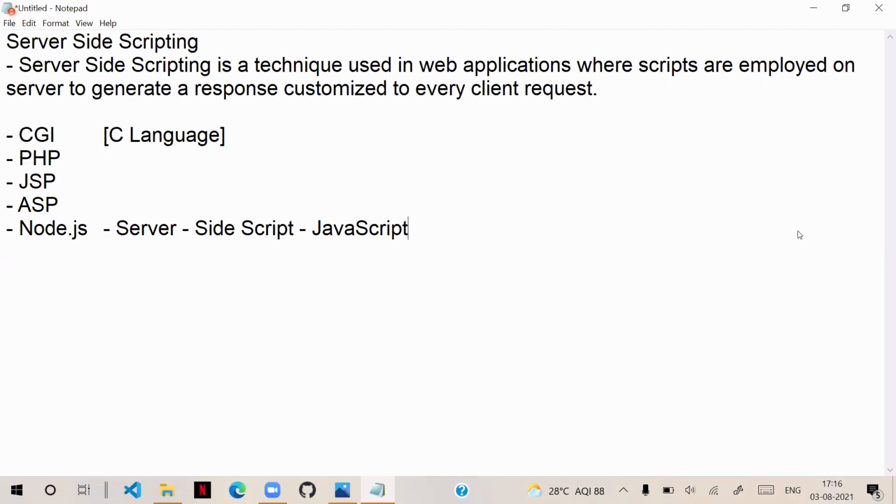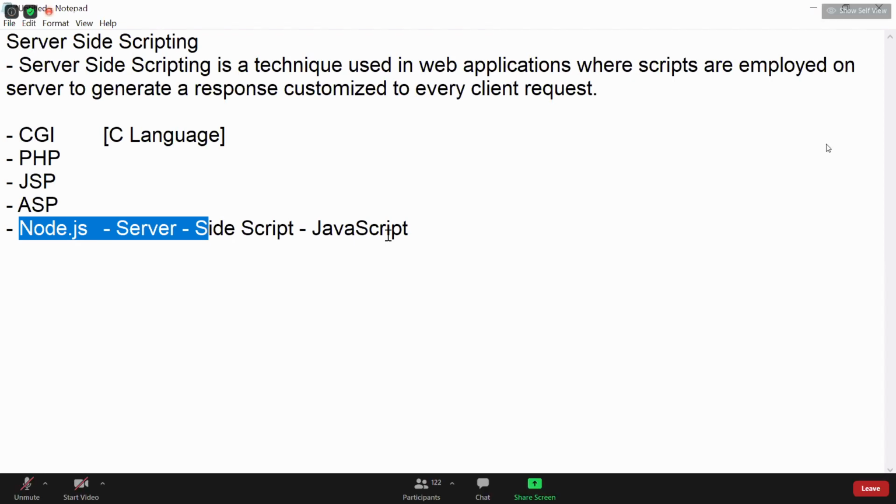Now we need to understand how to create and configure the server, how to manage the request from the client, how to process the request and send the response, and how to communicate with the database and get the data from it and send it to the client so that the client can consume and present the data. For that, we need to learn how server-side technologies work and what the concepts in server-side technology are. That we will see in our next session. Tomorrow we will start Node.js, working with the server-side technology. Once we are good with this server-side technology,